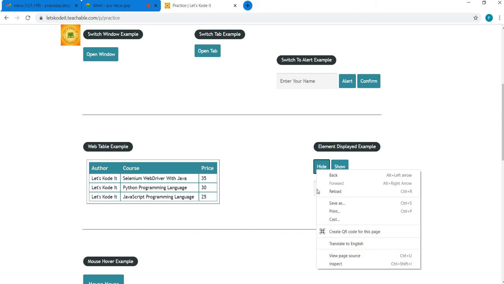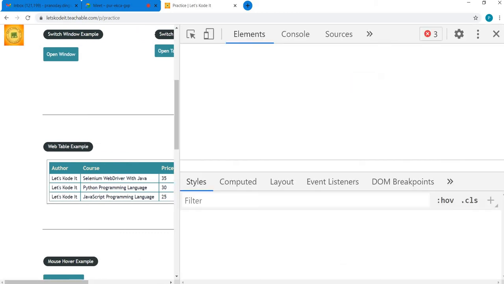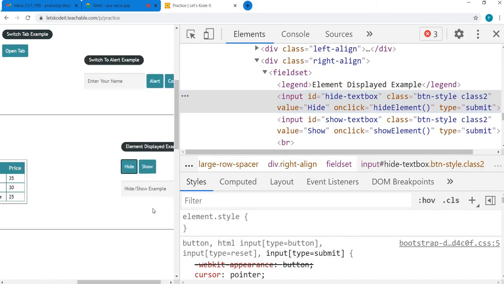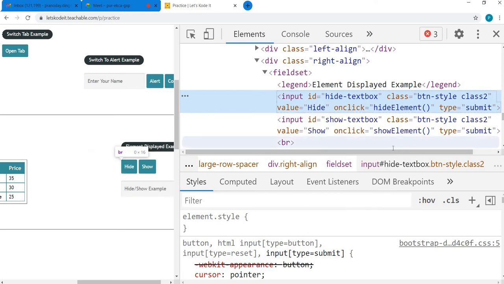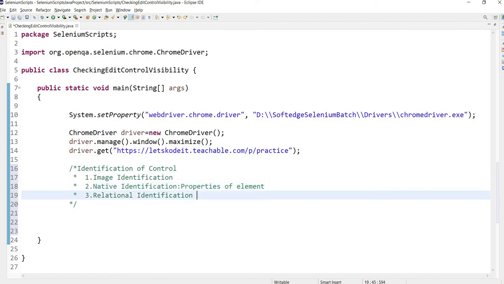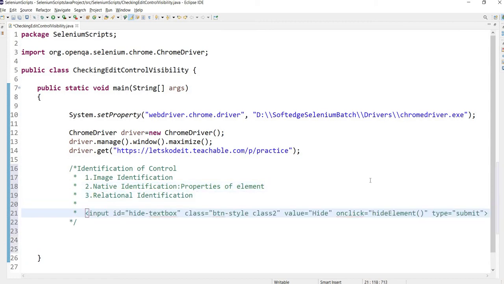For that we have to right click the element and say inspect. I'm inspecting that element here, and this is the corresponding HTML control. I'll copy this element and put it here, right?